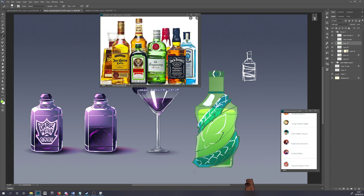Will this drawing be on Tumblr or Twitter? Yeah, I believe so. I'm doing the Tumblr one right now, and then I will put it up on Twitter. And I will put the Tumblr link in the...